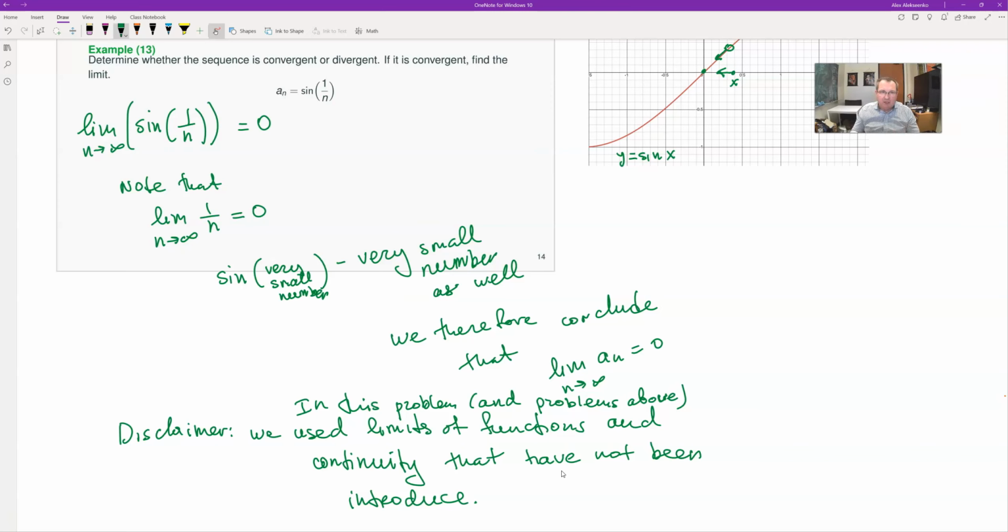In this course, we will necessarily go back and forth and use the concepts before we actually introduce them, but it will reflect the applied nature of the course. In real life, we can always graph the function, and we see there that the function is continuous before we even define what continuous is. So, nevertheless, I had to make that disclaimer. We did use the concept of limit of functions and continuity that we haven't introduced yet. And if it raises any questions with you, I'd be very happy to answer those questions in class or